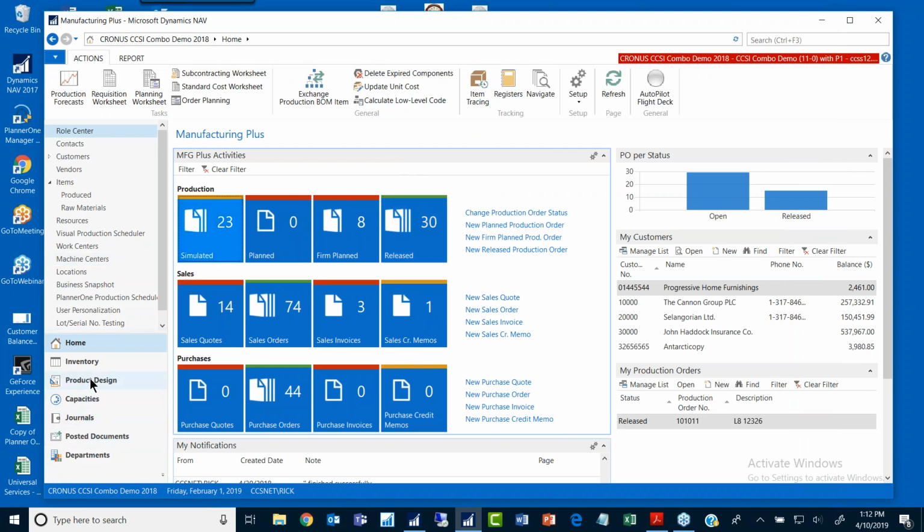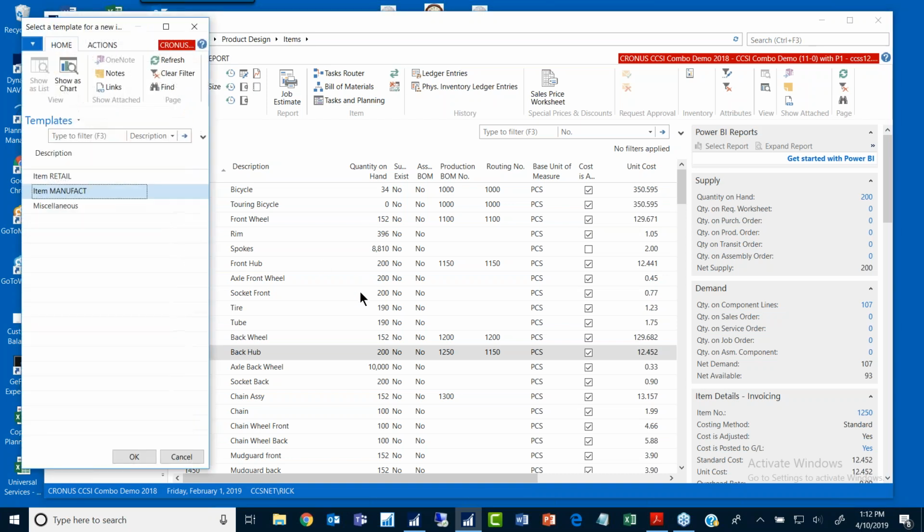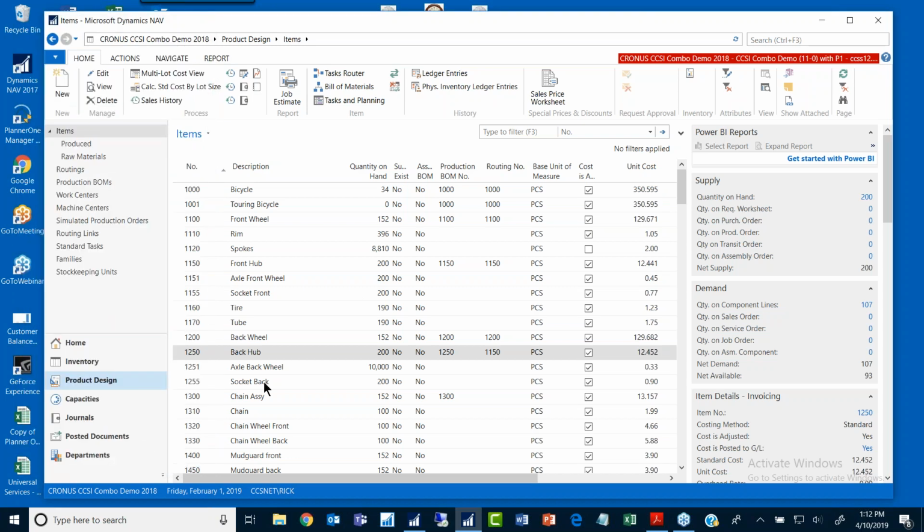What I want you to see, I'm going to go into product design, and I want you to see if you've done anything with bills of materials and routers. You're going to love this. So I'm going to add a new inventory item just so you can see this from scratch. So I'm going to add a new item,